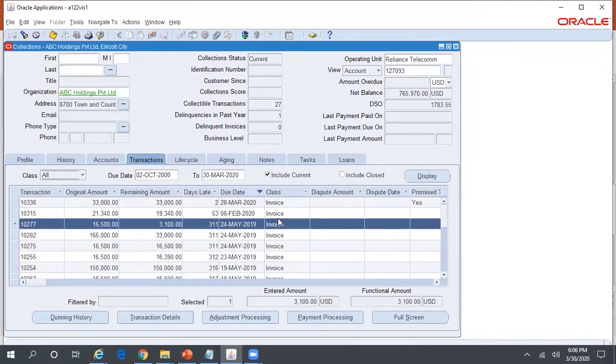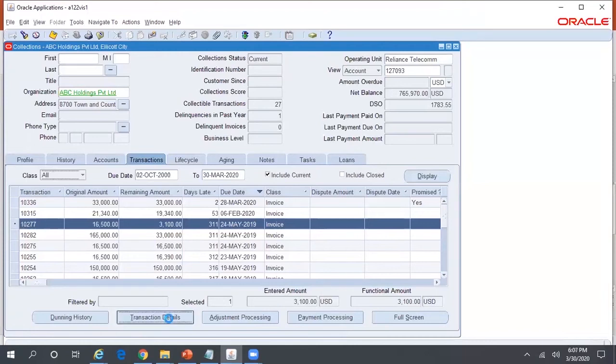And once the dispute is created, if you have the required workflow set up, the dispute will be approved, and once the dispute is approved, it automatically gets converted into a credit memo in accounts receivable. Unfortunately, in this testing environment, I do not have those setups, so I'll just show you how to create a dispute. Once the dispute is approved, you should be able to see that your dispute gets created as a credit memo in your accounts receivable. And once the credit memo is created, again you can come back to your workbench, and in this particular workbench you should be able to see the credit memo here. But okay, now let me show you how to create a dispute.